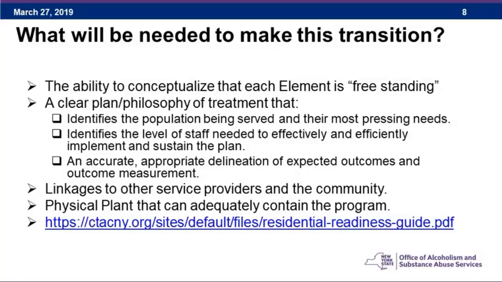Enough group rooms to facilitate group and services for one cohort, but if you decided to do all three elements, could the physical plant actually contain that? Is there enough space to do individual counseling as opposed to